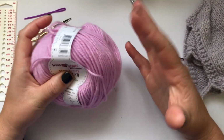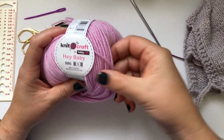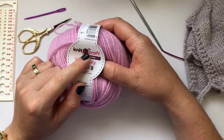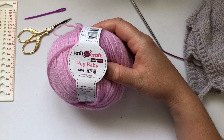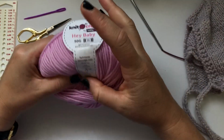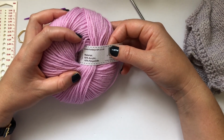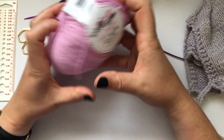They have it in different colors because it's Hey Baby. It will come in light colors. So this is like a cute pink. They also have a blue, white, cream. I use this for the ruffle baby dress, I think. I will link that video down below if you're interested. It's beautiful to work with. Let me just give you the exact details. So it's 60% acrylic, 40% polyamide, machine washable,